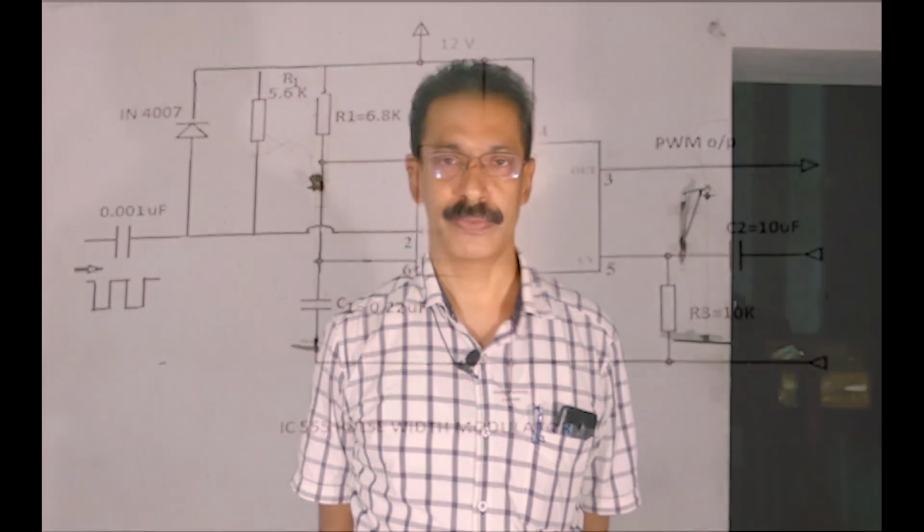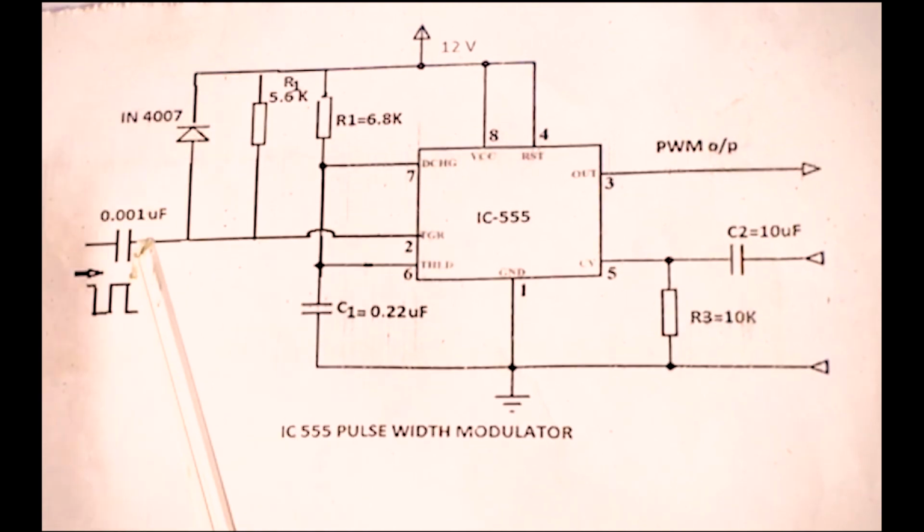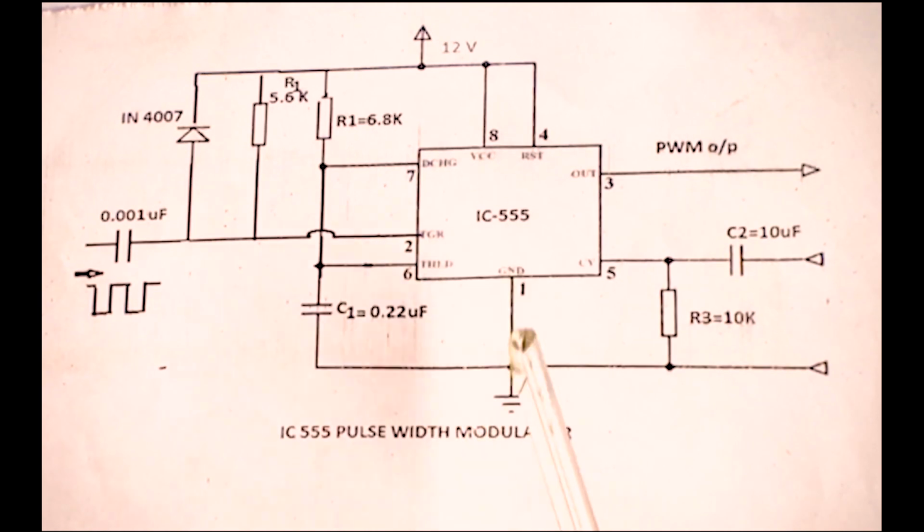We will be generating pulsed output using monostable multivibrator, and then its output pulse width can be varied using an audio frequency signal applied. Now, for producing triggering pulses, we can use a differentiator circuit. So students, this is the circuit using IC555 wired in the monostable mode of operation.